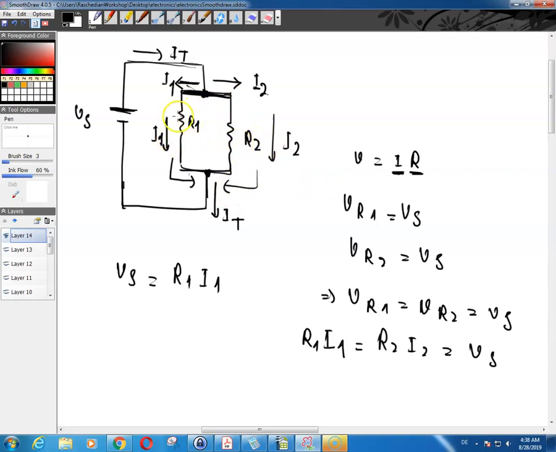So I1 over here is the same thing as, based on this relationship, I is the same thing as V to R. So V is the same for both of these resistors. So then I can write basically for this resistor, I1